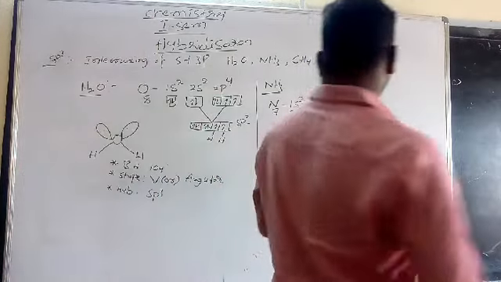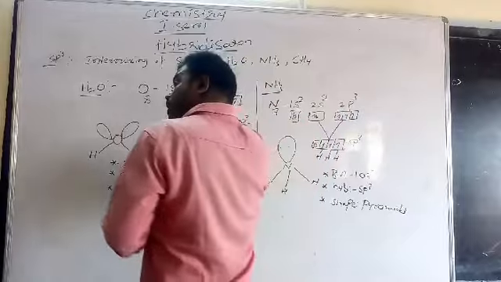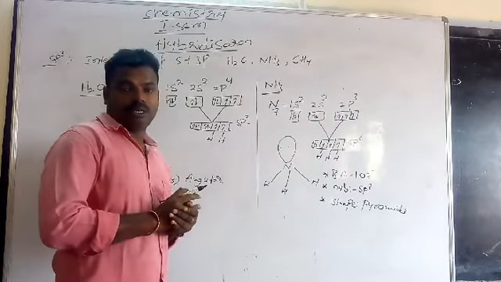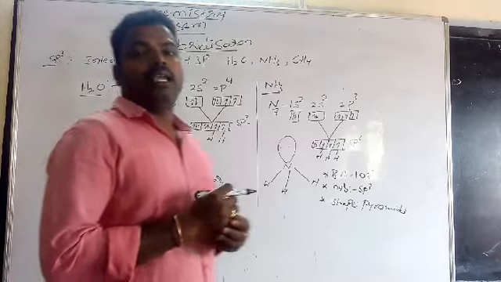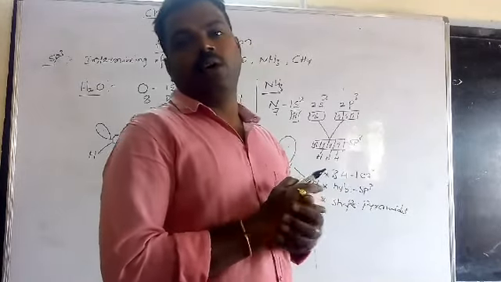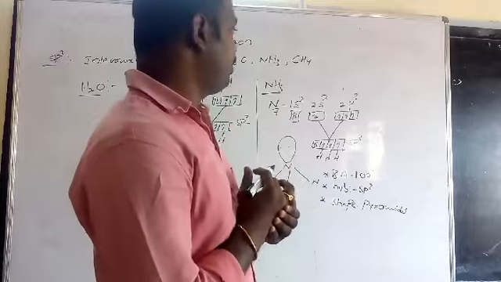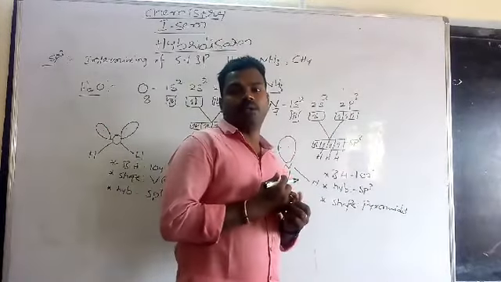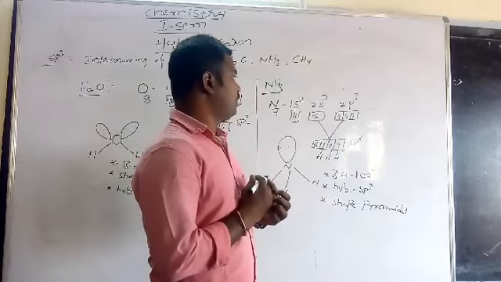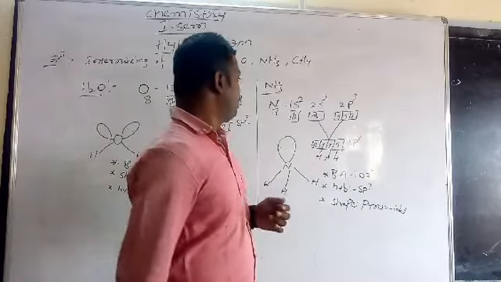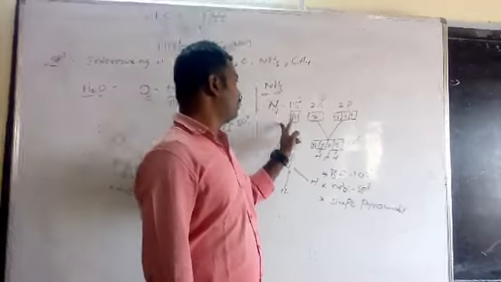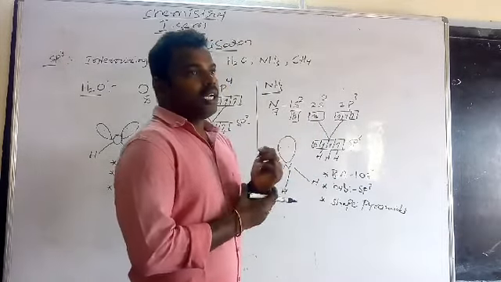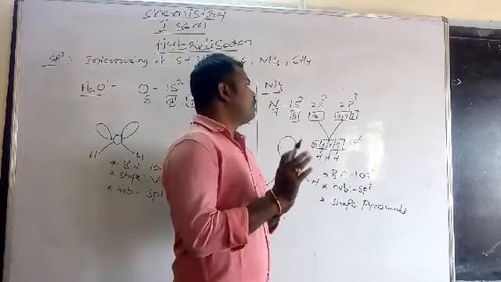The second example is NH3. In the NH3 molecule, the center atom is nitrogen. We require 3 unpaired electrons in the ground state electronic configuration of nitrogen, because nitrogen forms the ammonia molecule with 3 individual hydrogens. Nitrogen has atomic number 7: 1s2, 2s2, 2p3. The ground state electronic configuration is 1s2, 2s2, 2p3.